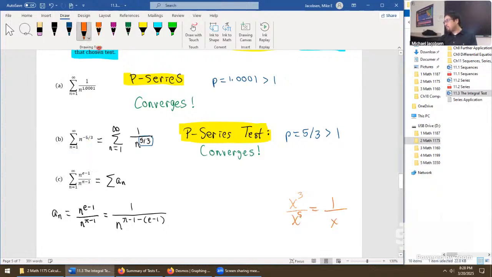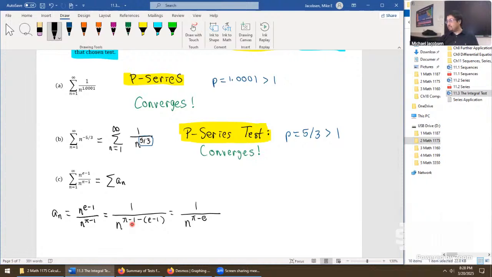You just go 1 over x to the power 5 minus 3. That's what we did, but with an extra level of abstraction with all those interesting constants and symbols. Now that we get to that stage, we can write that this is equal to 1 over n to the power, let's see, it's pi minus 1, but when we distribute the negative sign, this is a plus 1, canceling that. It's just pi